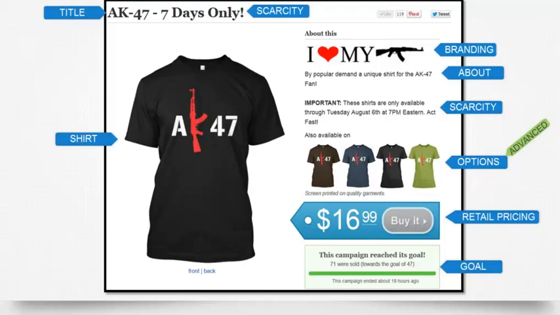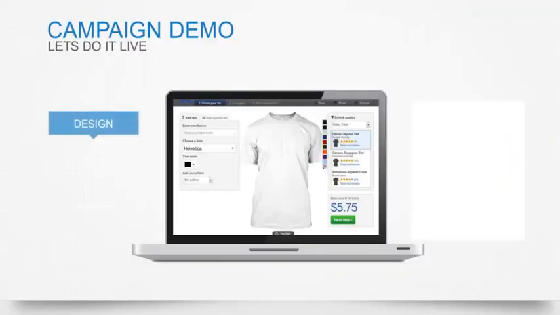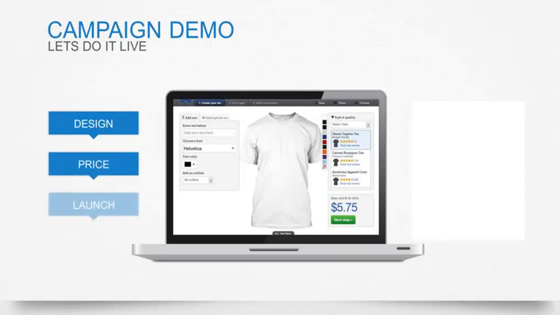Okay, let's keep going. So let's do it live. Let's set up a shirt. Okay, so I'm going to do it live on Teespring. I'm going to set up the next shirt that I'm going to sell on Facebook. All right? So design, price, and launch. Let's click over to,